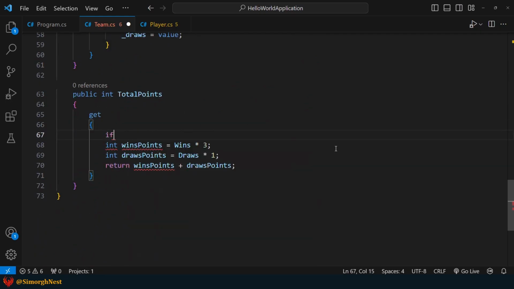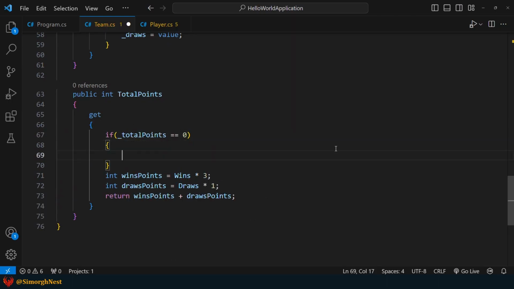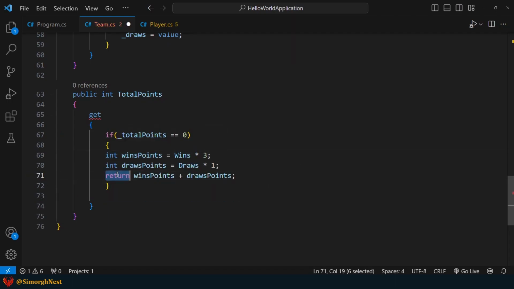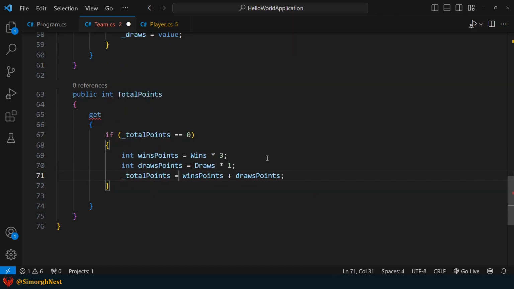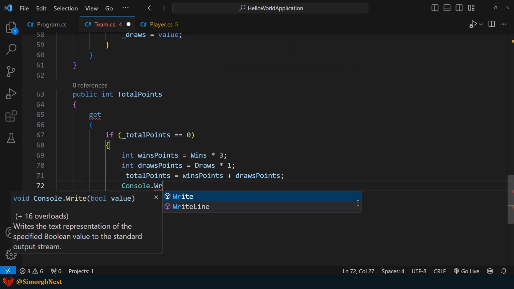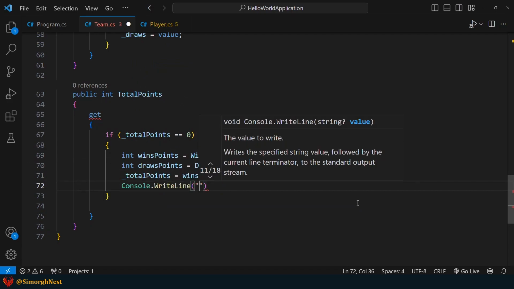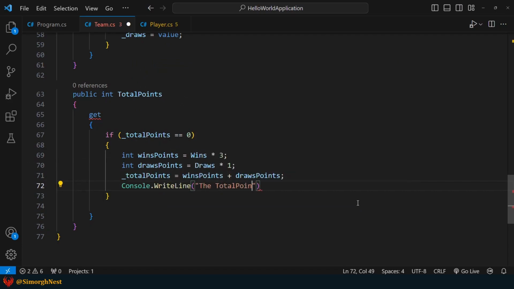Next, let's use an if statement to check if the total points value is 0, since the default value of numbers in C# is 0. Inside the if block, we perform the calculation and store the value in the backing field. Also, let's print a message indicating the total points are calculated. Finally, we return the result.